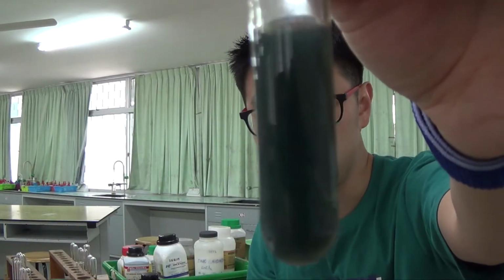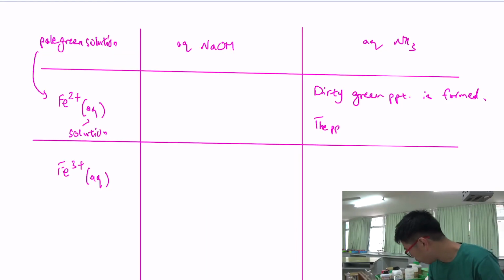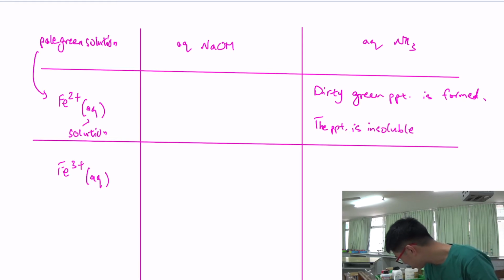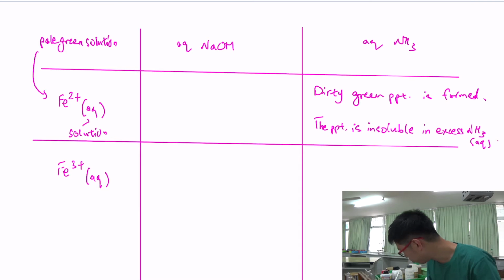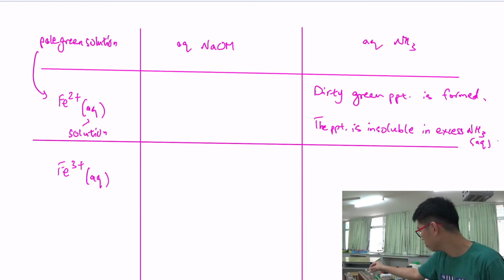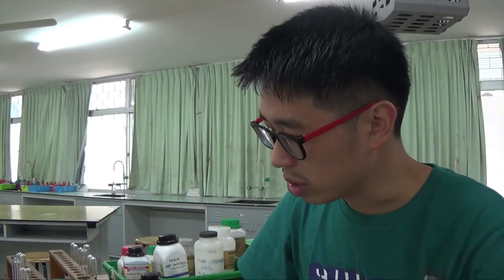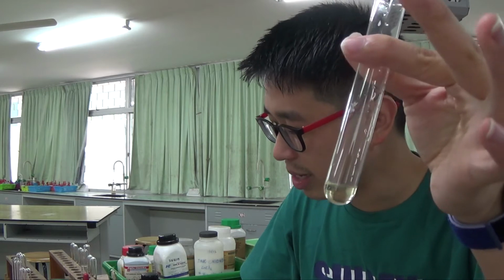Okay, so it is not see-through. So the precipitate is insoluble. The dirty green precipitate is formed. The PPT, the precipitate, is insoluble. Insoluble means does not dissolve, and this is in excess. Excess what? Excess NH3 aqueous. So there was the test for iron(II). This was my other solution of iron(II). So that was clear before I added in any